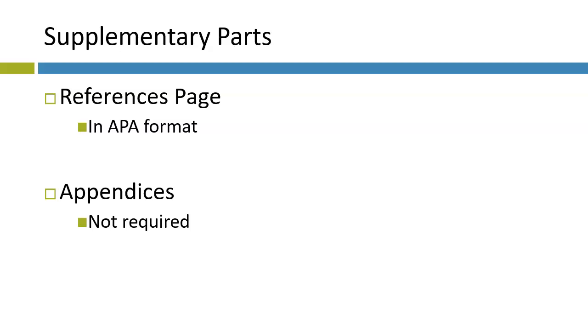The other thing that is sometimes appended or added onto a report is an appendix or appendices. And this is not a mandatory part of the report or of any report, but let me give you an example of what that would be. Let's say you had a full table of statistical data that was important in terms of a summary point that you were making in your report. Now, it wouldn't be appropriate to take up a whole page of your report to include that statistical table, so you could briefly summarize it in the body of your report and then say, you know, for the data set,